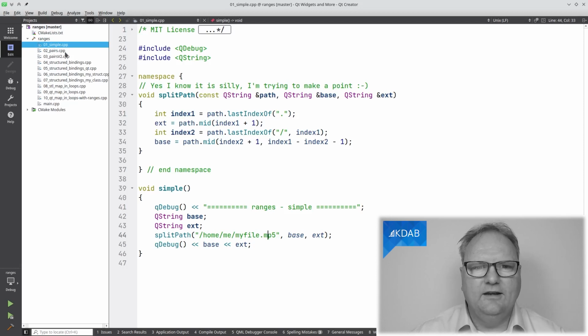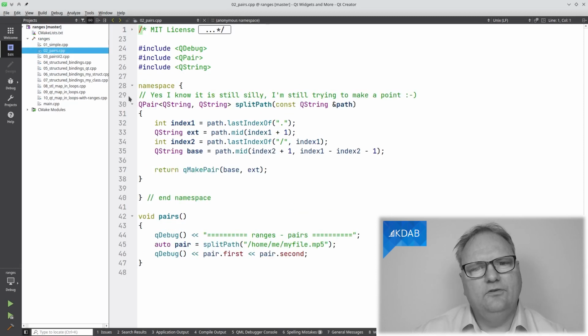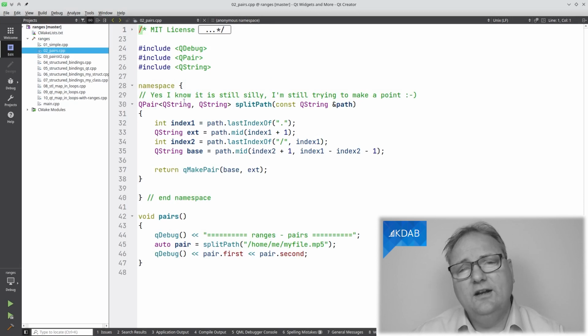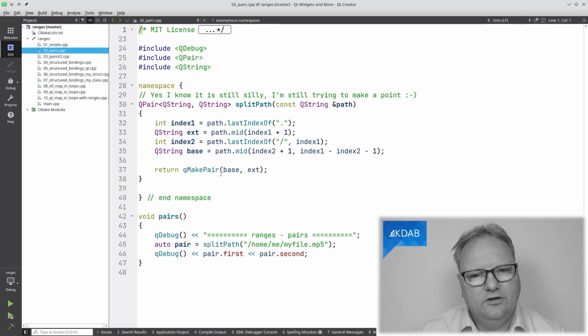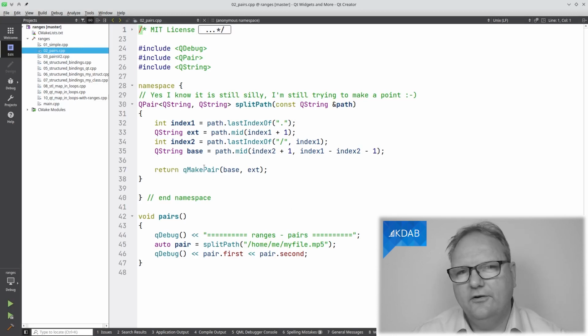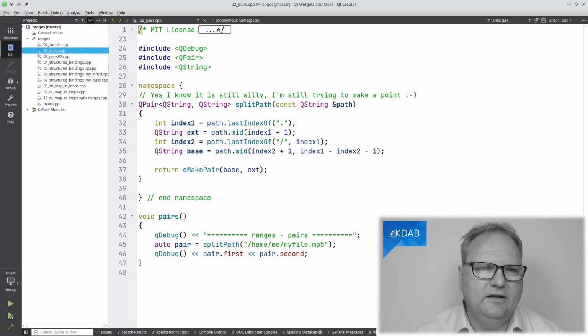And that's what it looks like. In the next step here, I return a pair of strings, and now qMakePair creates that pair, and I can return this. And this code works perfectly fine with C++11. In C++14 and 17, you don't even need the qMakePair anymore, but back then you did.